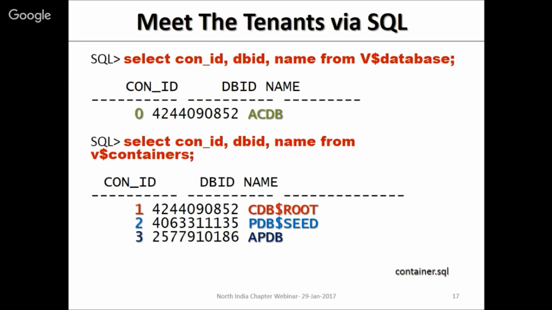You notice that the container ID is mentioned as 0 for a database created as a container database. You can see that my database name is ACDB, which represents that this database is a container database. And in this container database, I've got multiple pluggables created, available to me as normal pluggables. So if I just try to show it to you,